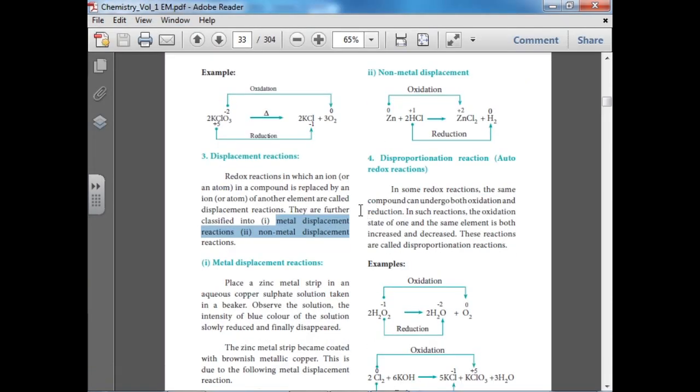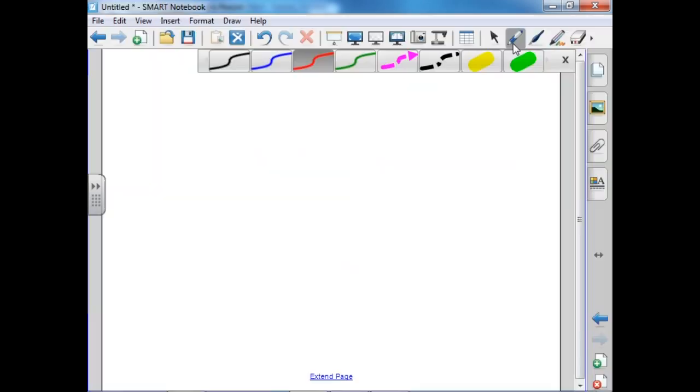The next one is disproportionation reactions, or auto redox reactions. That means in a redox reaction, the same compound can undergo both oxidation and reduction. In such a reaction, the oxidation state of one and the same element both increases and decreases. This is called a disproportionation reaction. For example,